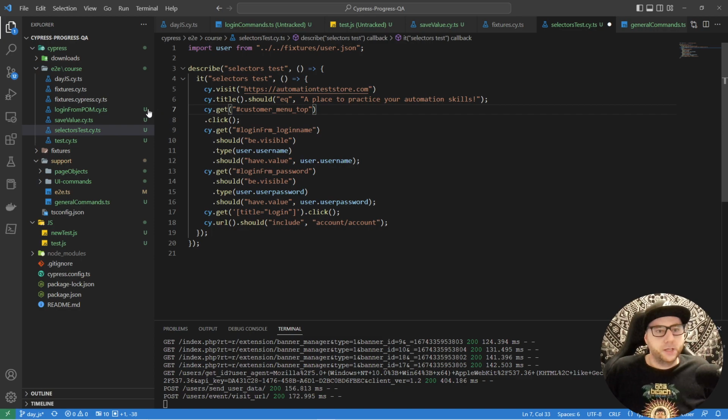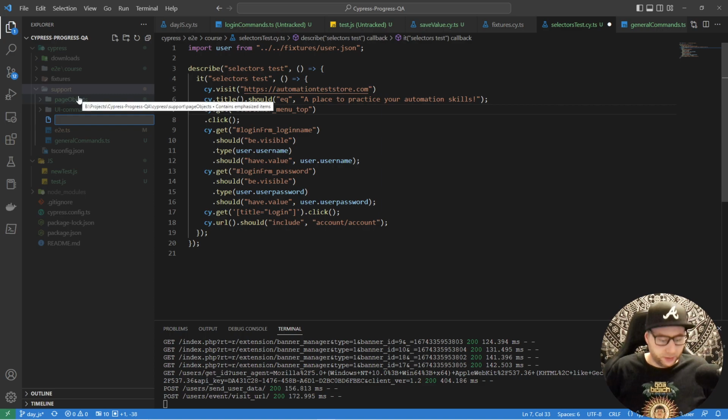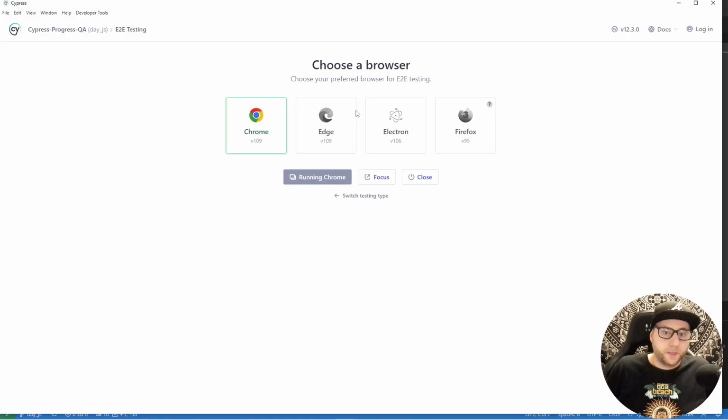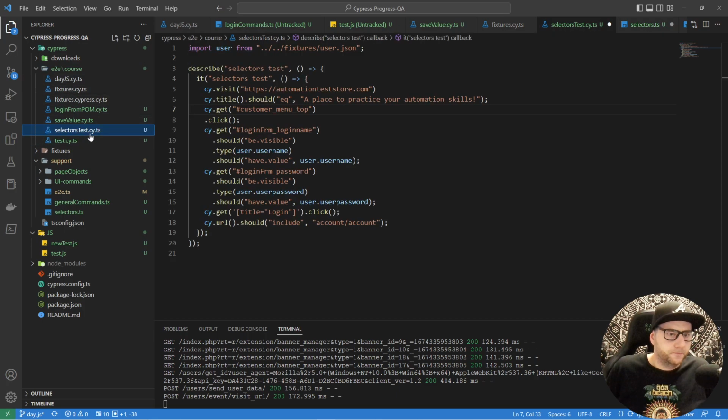Okay, and now go, for example, to the support. Let's create file selectors.ts, and now create a constant variable, for example main page, and create a JavaScript object. So let's go to our test, and we want to just take this value,